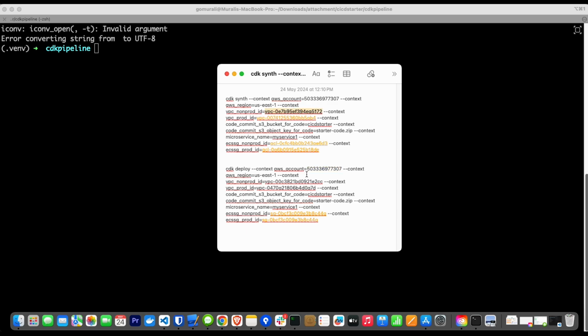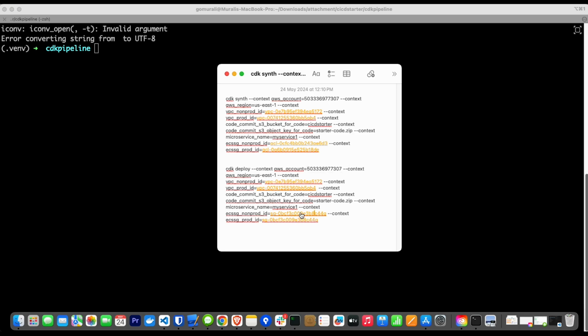This is our current VPC ID, which is our non-prod ID, like so, and also copy the prod VPC ID from here, like so. And then CI/CD starter is my bucket name, and starter code zip, my service one, and then also